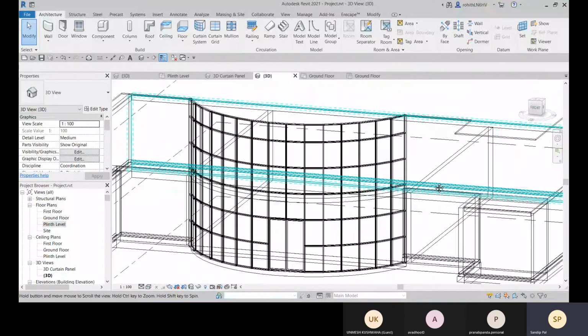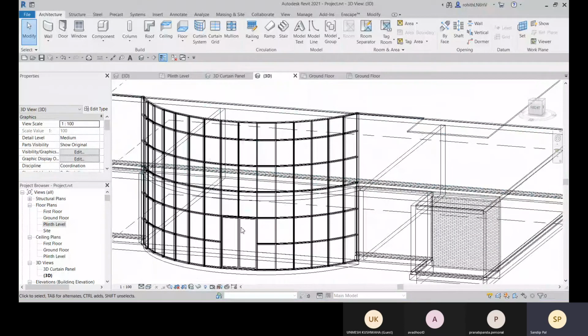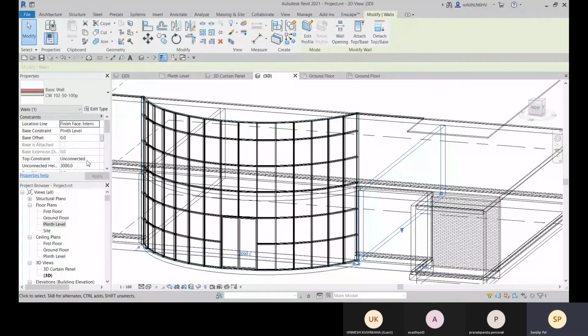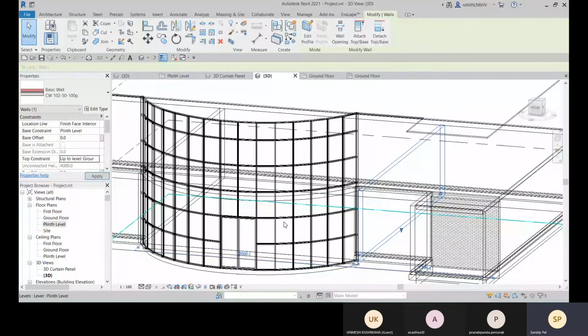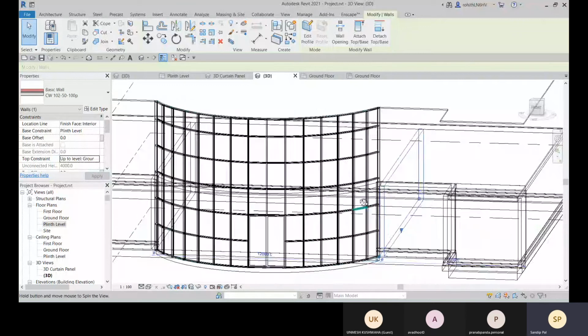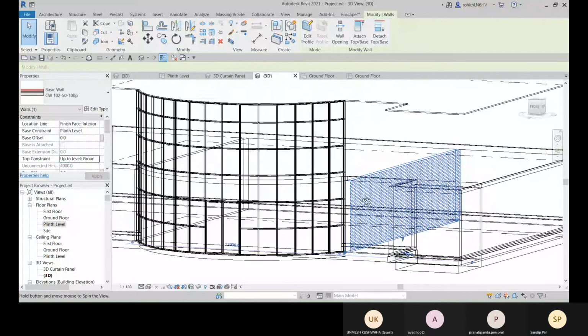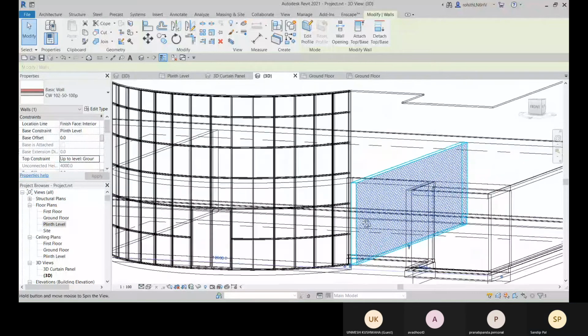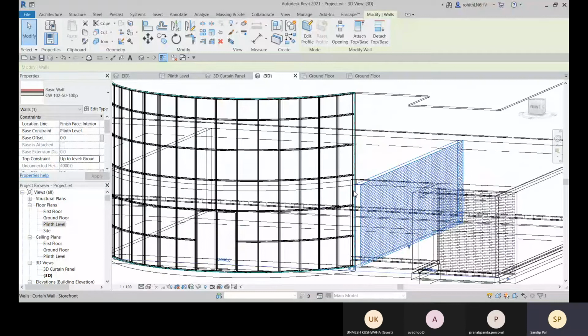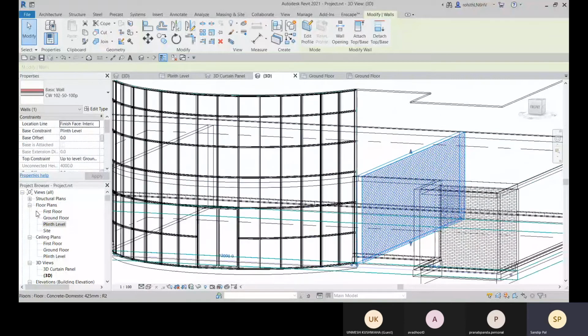Or else, if you are connecting to the level, suppose to that ground floor, you can see this is now connected at the bottom. You need to detach it first, and then attach again if you need to.